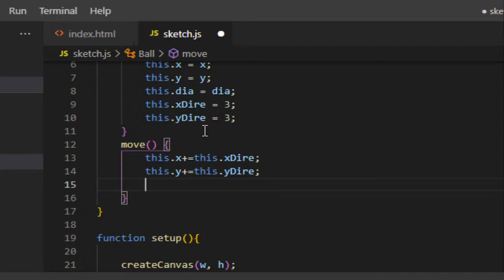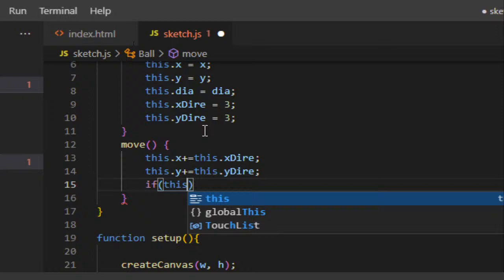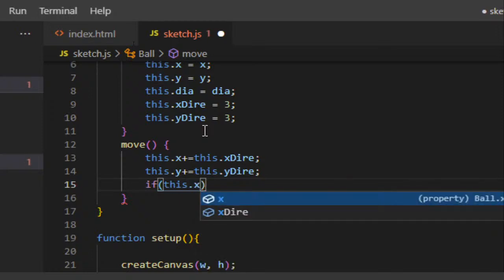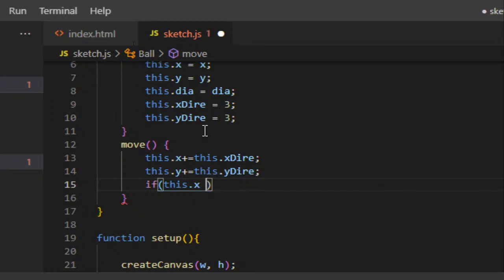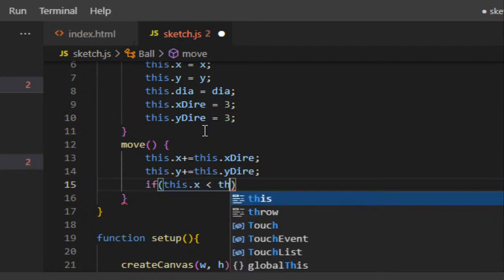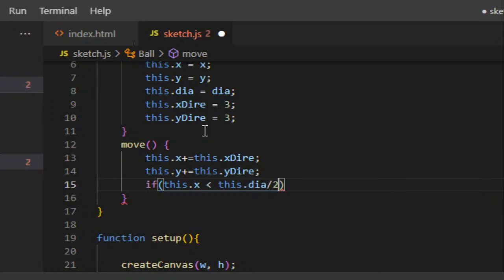And then we want a conditional to bounce it when it hits the walls. So if this.x is less than this.dia divided by 2, or